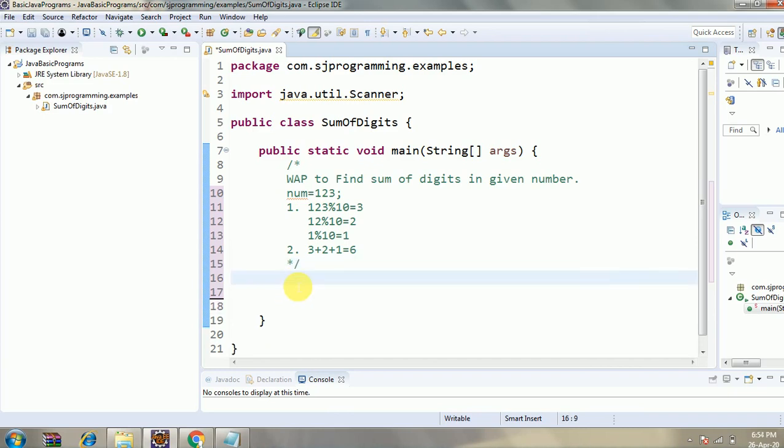First we will take one number as an input from the user. For that we are using the Scanner class. Scanner sc is equal to new Scanner.